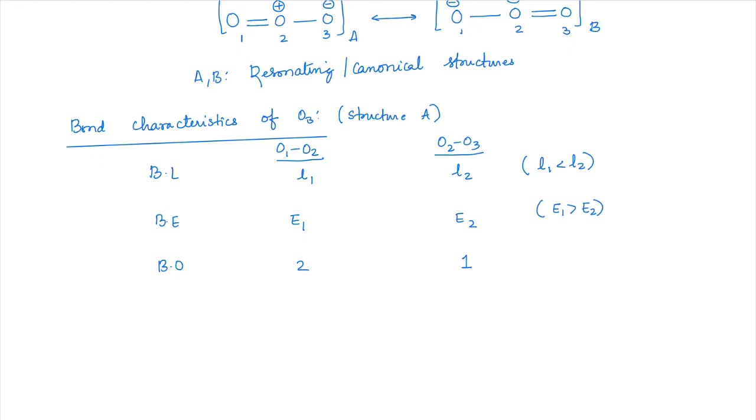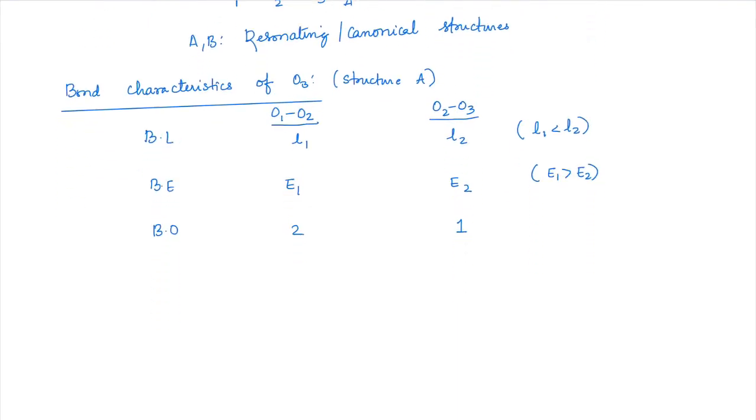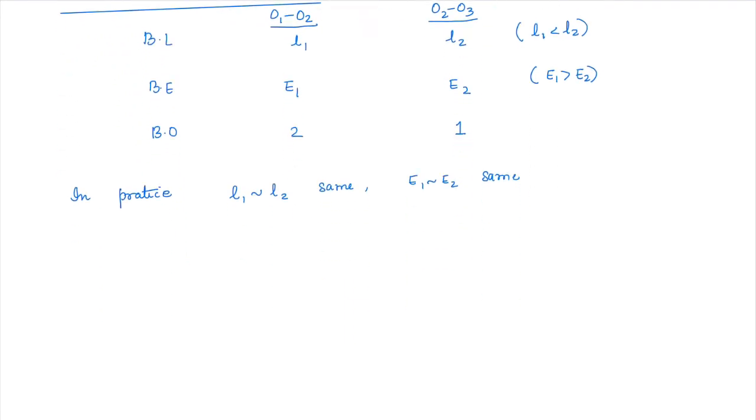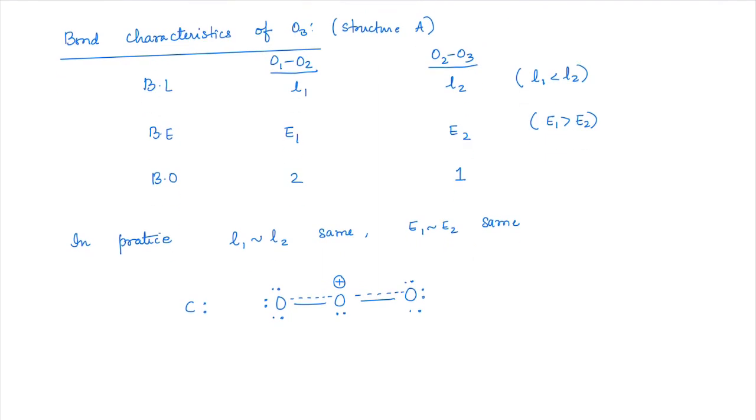Okay guys, you understood that? Achha, so that means A and B signifies there should be 2 different bond energies, 2 different bond lengths, right? But in practice, you would see that bond length 1 and 2 are same and bond energy 1 and 2 are same. That means it is neither existing as A, it is not existing as B, it is existing as C. And the C will be something like this, O, O and O, with some bond character here and some bond character here. And equal amount of bond character on both the sides, with this lone pairs intact and this lone pairs intact. Correct? And in both the structures, the central oxygen is always positive.